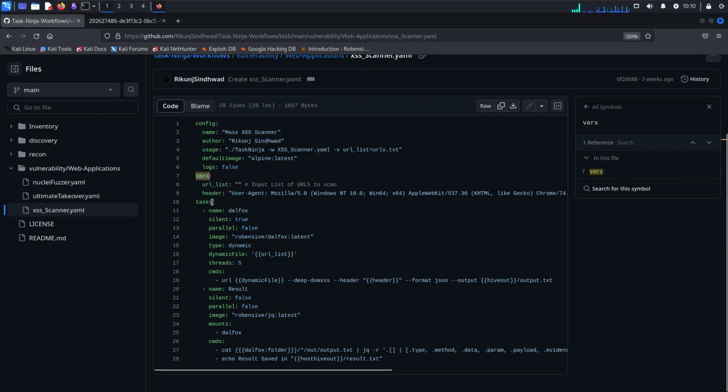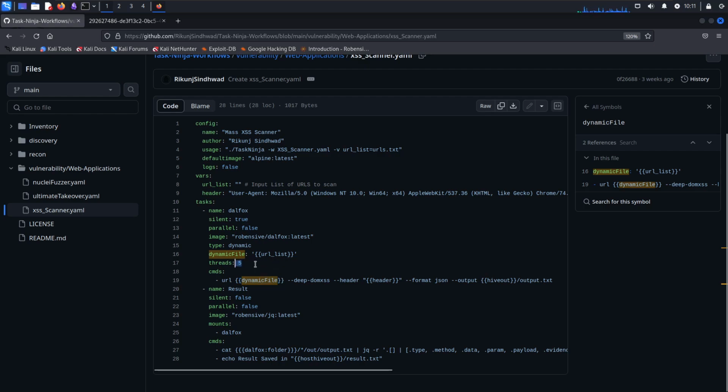So all those variables can be replaced within the code, not anywhere, but in certain locations like dynamic file or input or commands, whatnot. Now this will be replaced with the path that you specified. It will rotate through each line, and each line will be passed on here and executed